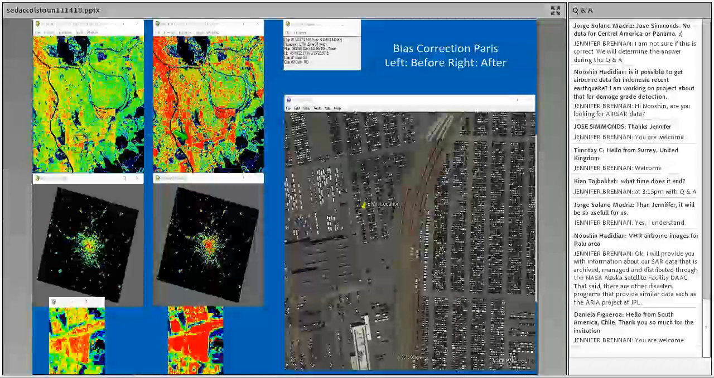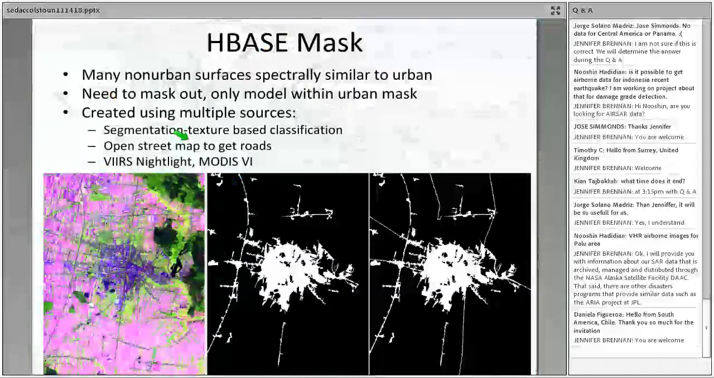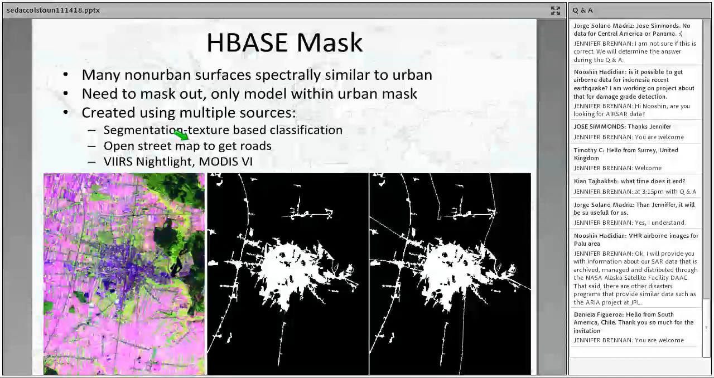And so these results show that the bias correction accomplished this. So the big work that Panchi developed as well is the HBASE mask, or the companion data set. And the idea